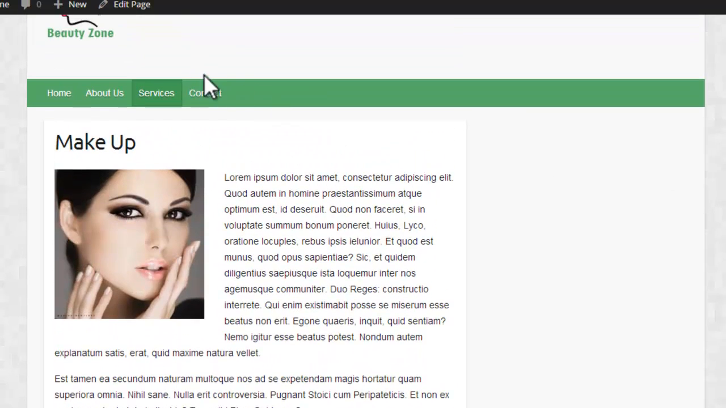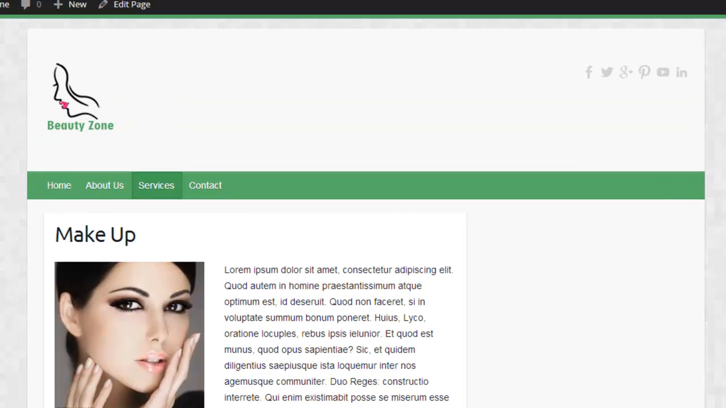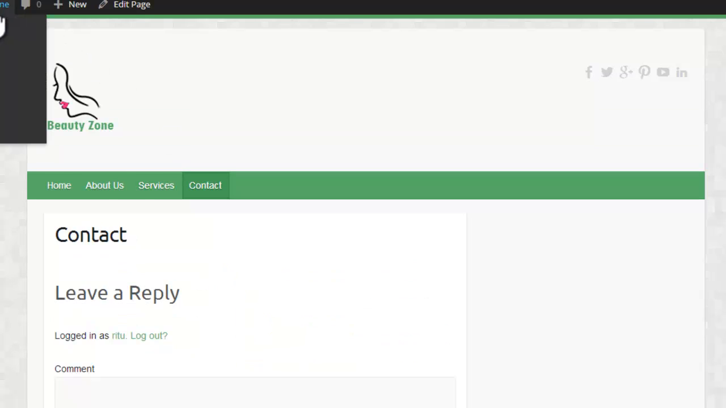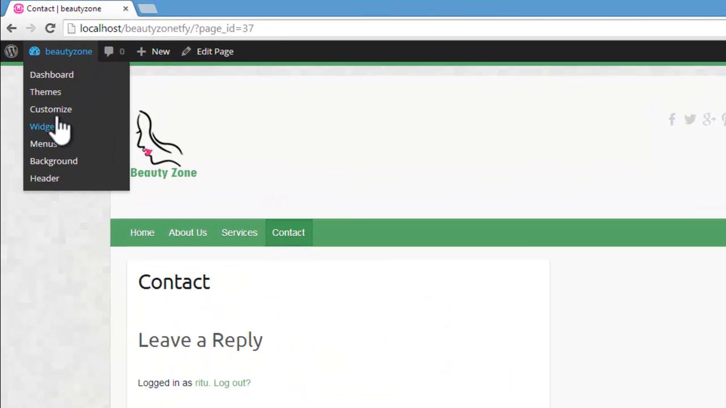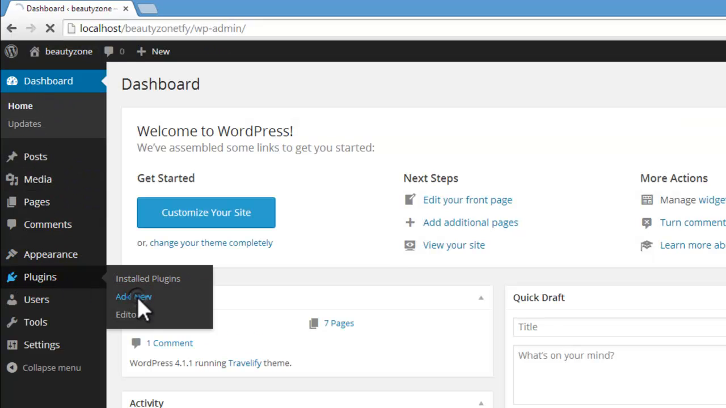Now let's have contact form. Then we will go for having our main functionality of this website, e-commerce functionality. So let's have first contact form. To have the contact form, I will go to dashboard, go to plugin, add new plugin,